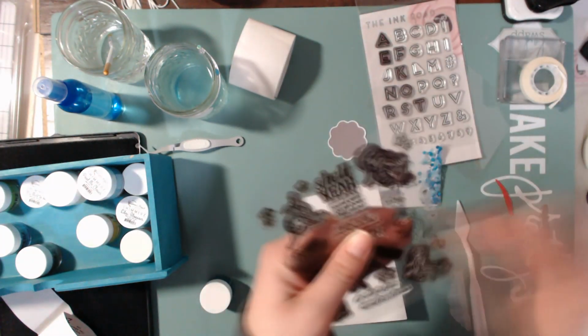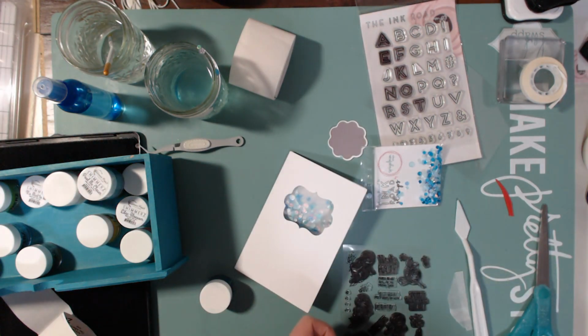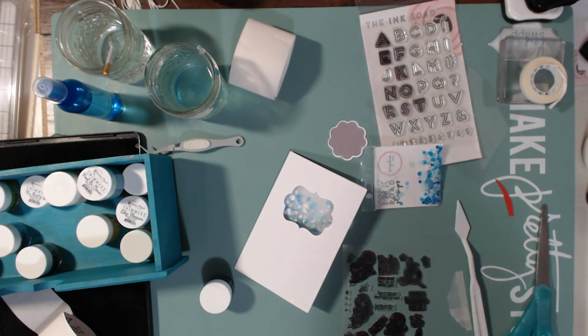So I am going to use this, sorry, my dog is in here with me. I'm going to use this